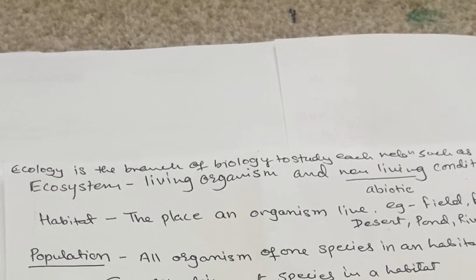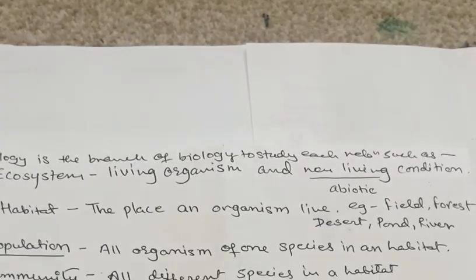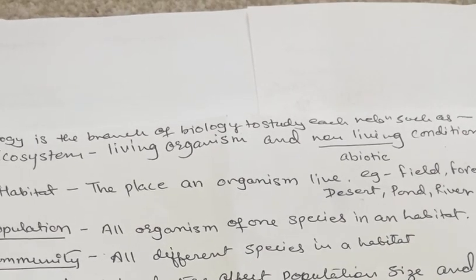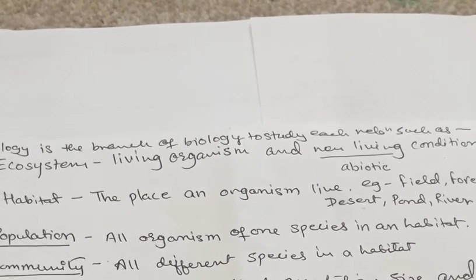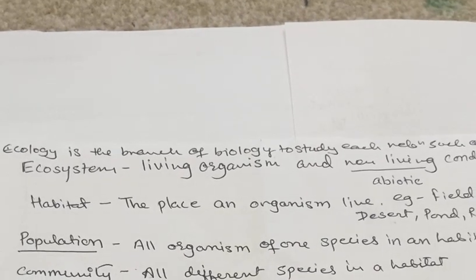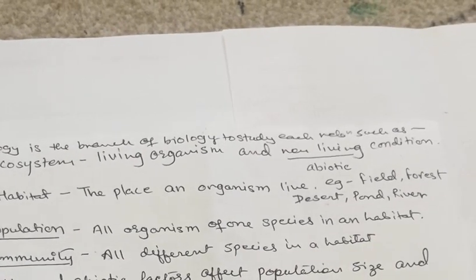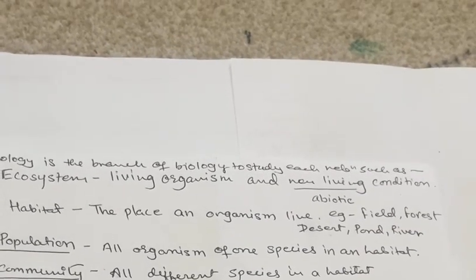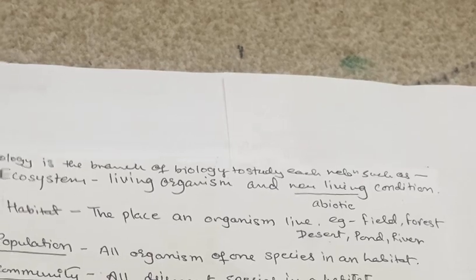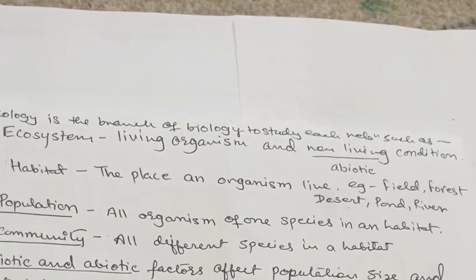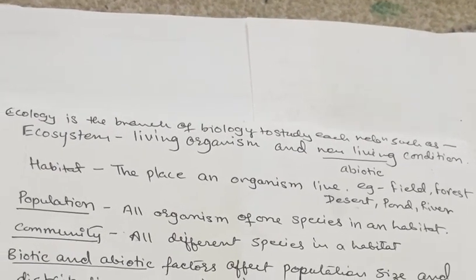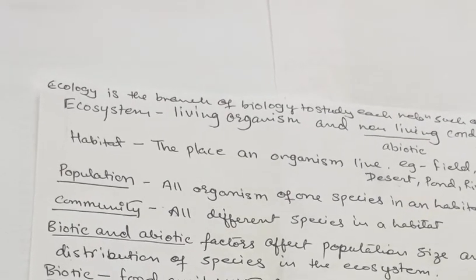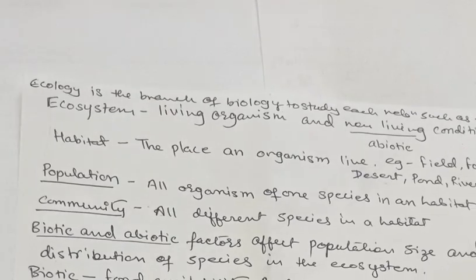Predator. When we are talking about predators, we also need to understand the food chain and food web, and then we can talk about what a predator is. It can be at the top. We will discuss predators in the next video. Competition from other organisms can be for food, for shelter, or for reproduction. Infection from pathogens is another example, and we can discuss it in detail in the next video.